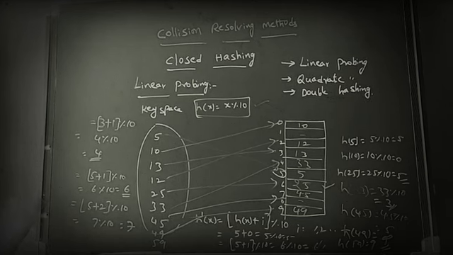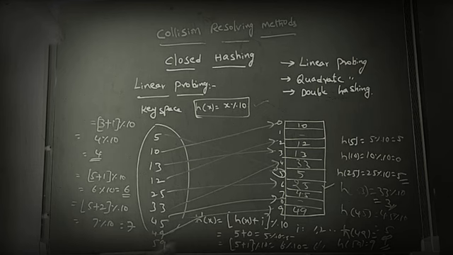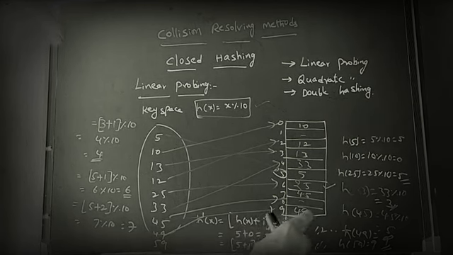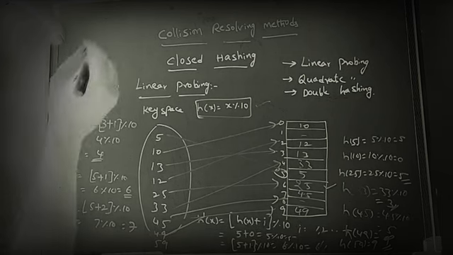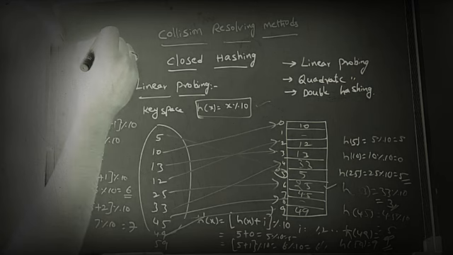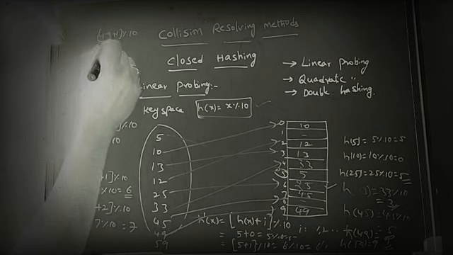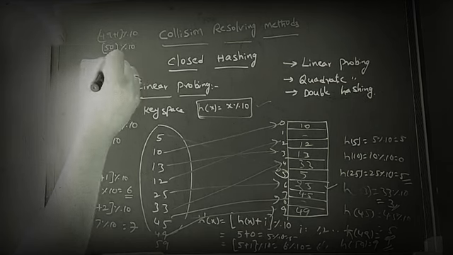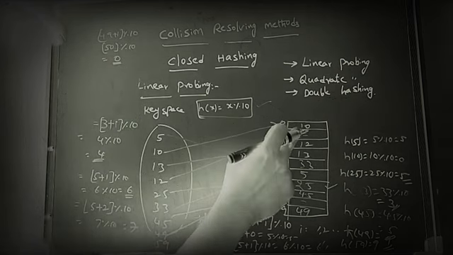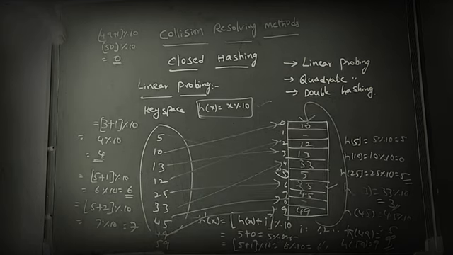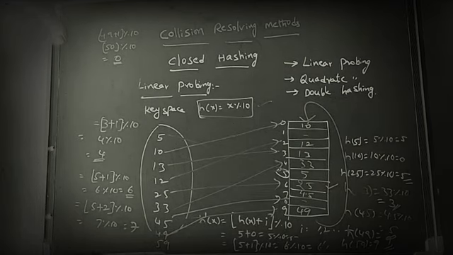Okay, so the 59 is remainder also 9. So then we are unable to add in this same index position because it is a collision. So then move for next formula. That is, what is the formula? 49 plus 1 modulo division of 10. What is the value? 50. 50 mod division. What is the value? Remainder 0. So remainder 0 is already, you can circulate. You can go back to the initial position again.